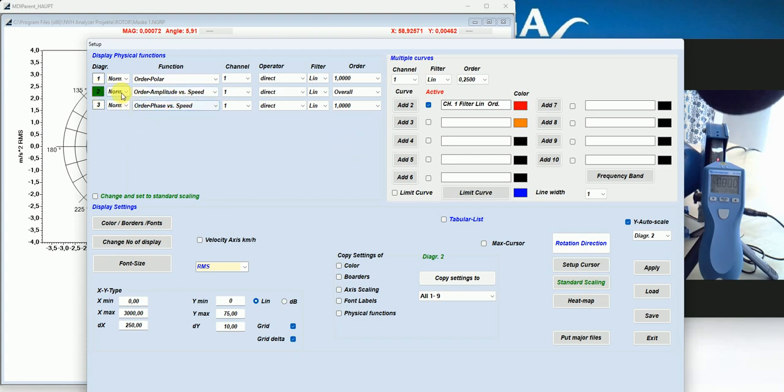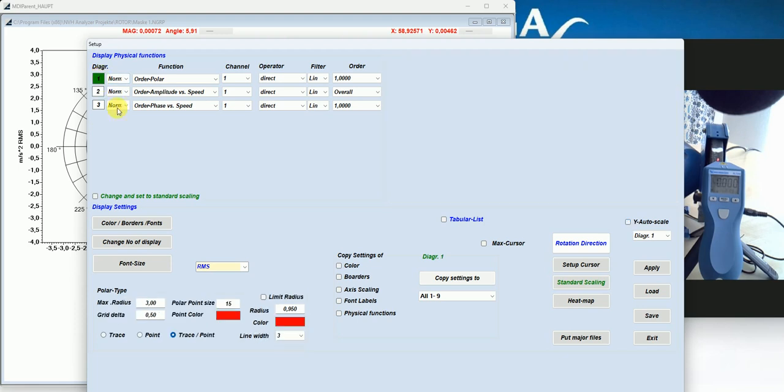For example, in window number 2 we have the order amplitude versus speed and an overlay of channel number 1 in addition. Here we have the polar diagram, where we can set the specific properties usually expected from a polar diagram. I just apply this here,